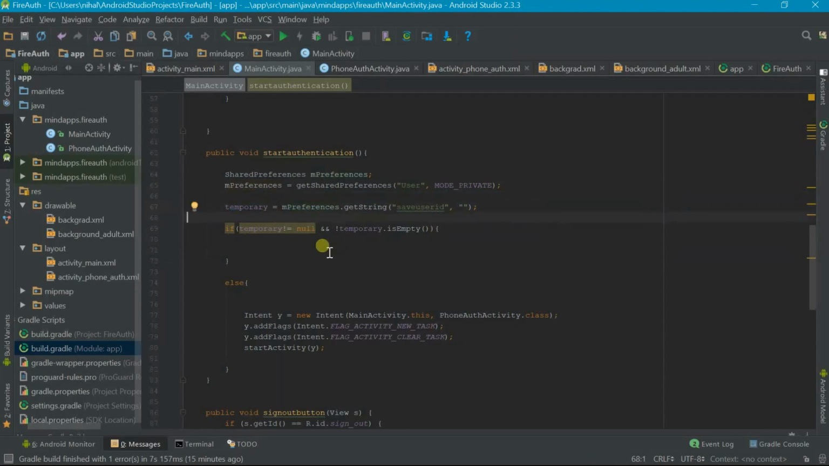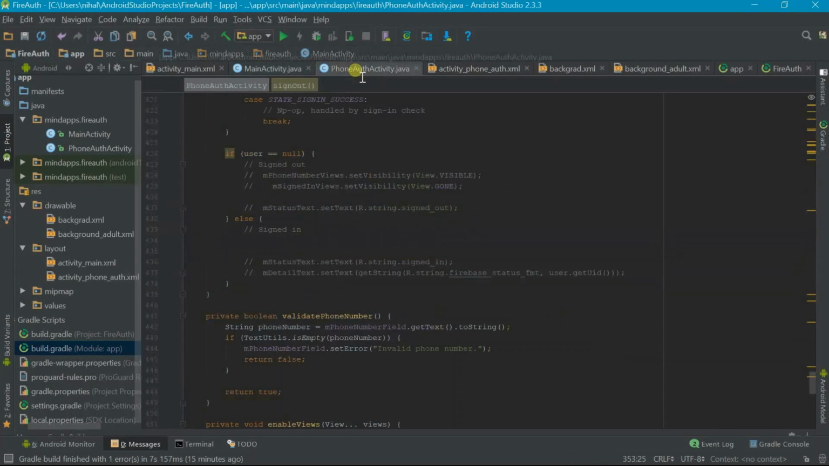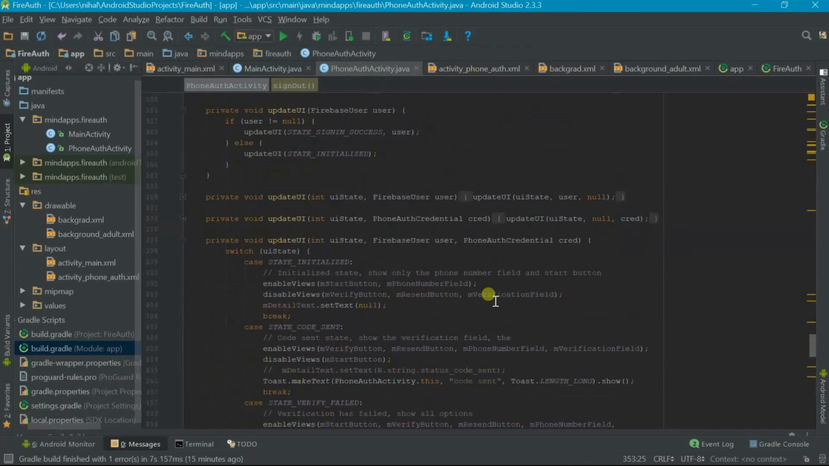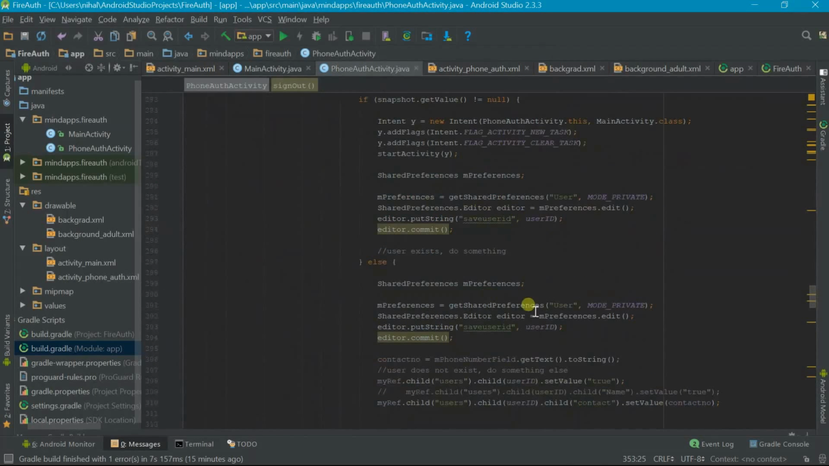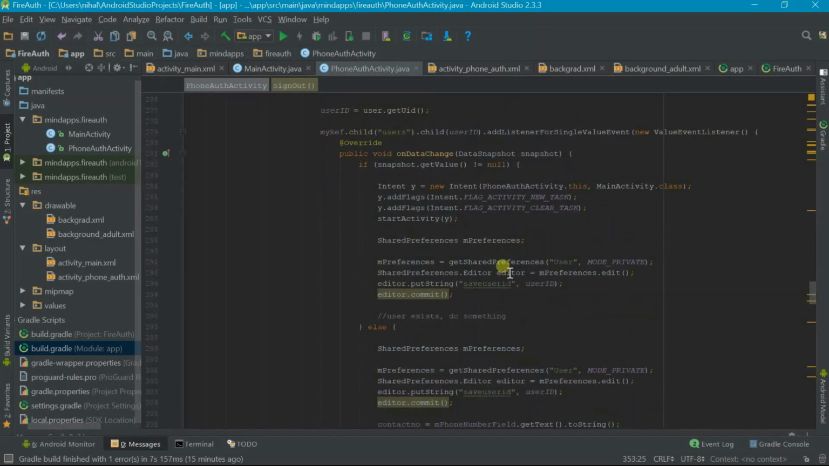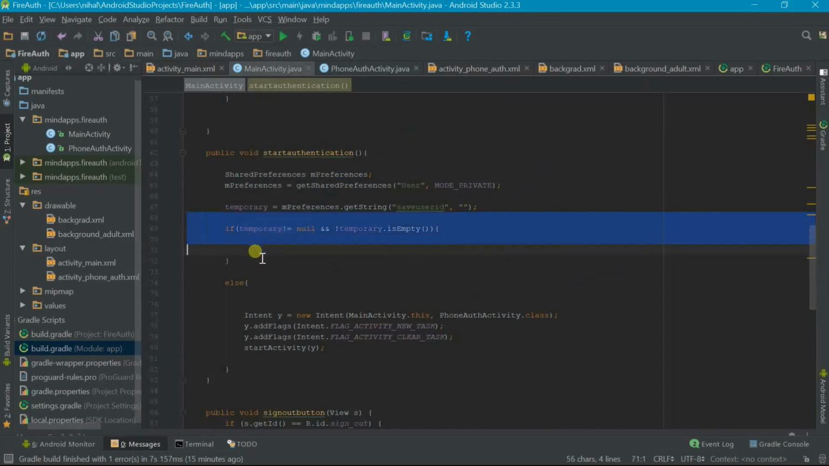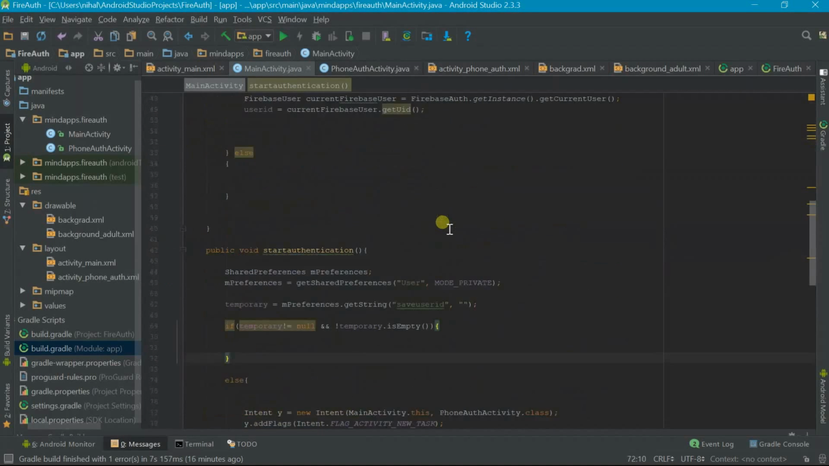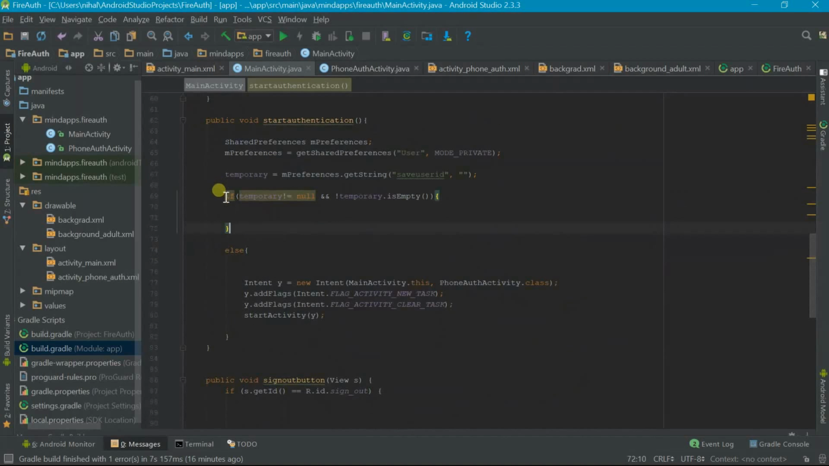And if the temporary is not equal to null and it is not empty, it means the user is already signed in, because we have already added the user ID value into this shared preference variable when the user signed in or signed up the first time. So if the user has already signed up or signed in, we don't need them to do it again. That's why we are saving it in the shared preference. So if the shared preference variable has some value, it should do nothing. It should just let this activity be shown to the user,